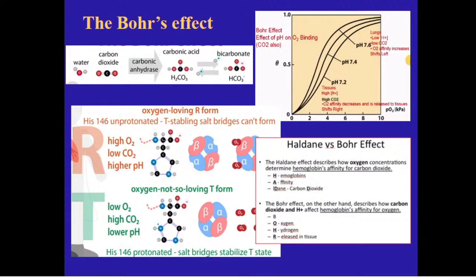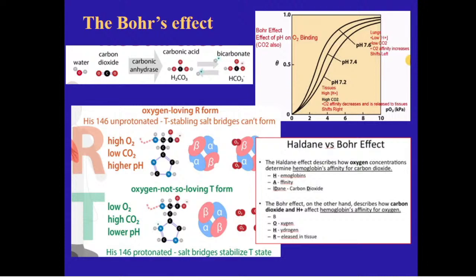But it is also shown that carbon dioxide also influences this process. Why? Because carbon dioxide can shift the pH when it comes to the erythrocytes. Carbon dioxide changes to carbonic acid, which dissociates to hydrogen and bicarbonate ion. So when carbon dioxide is coming, the concentration of protons increases, pH decreases, and this will shift our curve to release oxygen. This is named